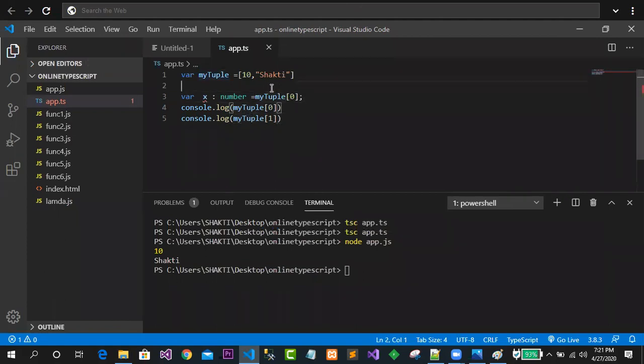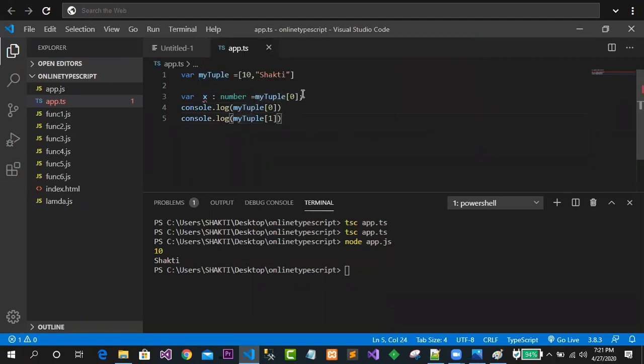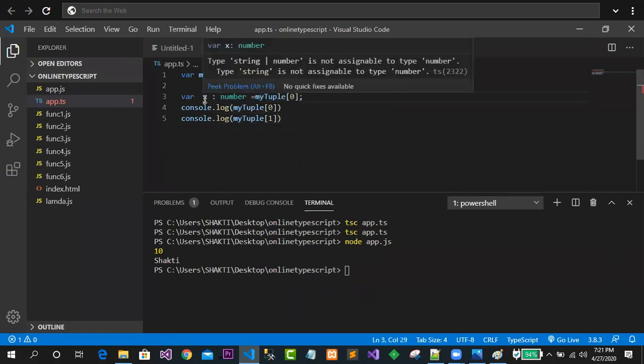In this case, what happened? Just observe what exactly is written: type string is not assignable to type number. So this became a string kind of value, and that is why it is not possible. It is giving a compile time error over here.